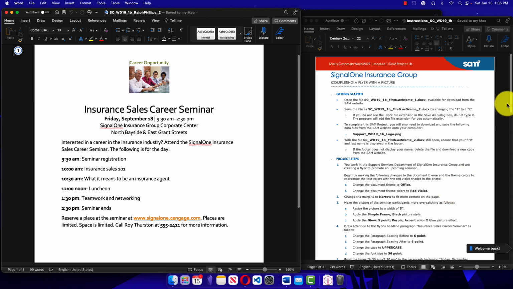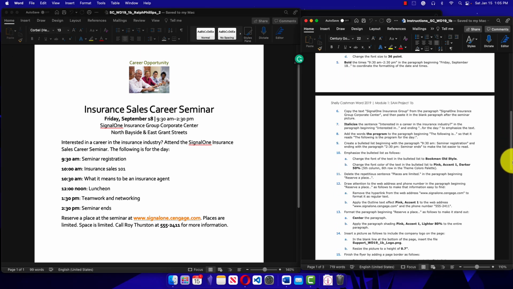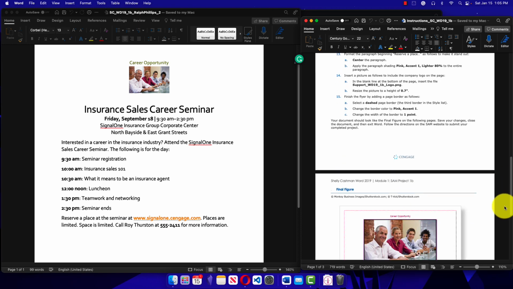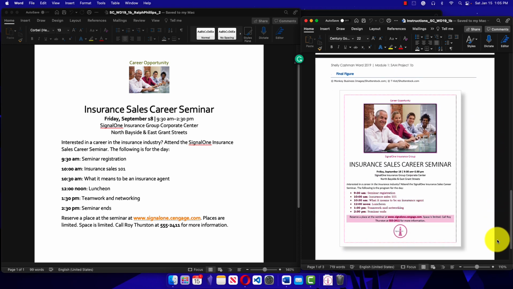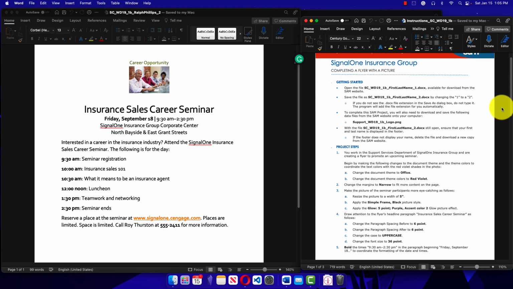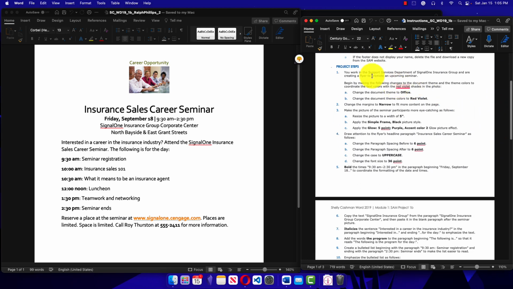Now I'm looking at the project steps, and I can see just by scrolling down there's about 15 key steps in here, and then it gives us a picture of what the finished product is going to look like. That's going to come in handy. It's always nice to compare our work with that finished product. And I'm going to start working on the steps systematically one by one. So basically it's a little small company here, insurance sales it looks like, and we want to make changes to this flyer. So the first step that I'm looking at right down here for 1A is change the document theme